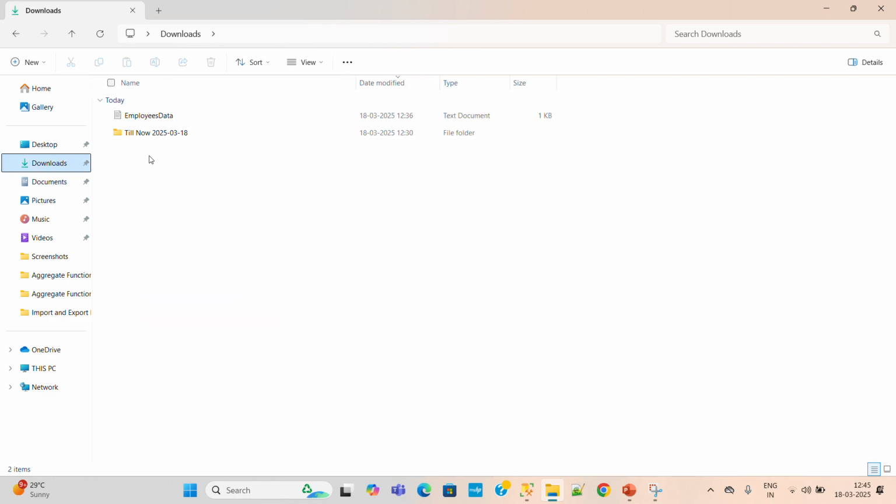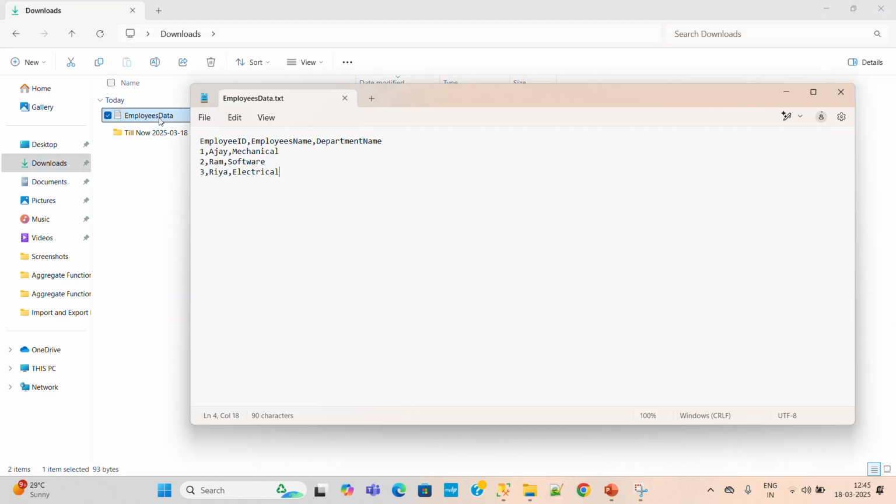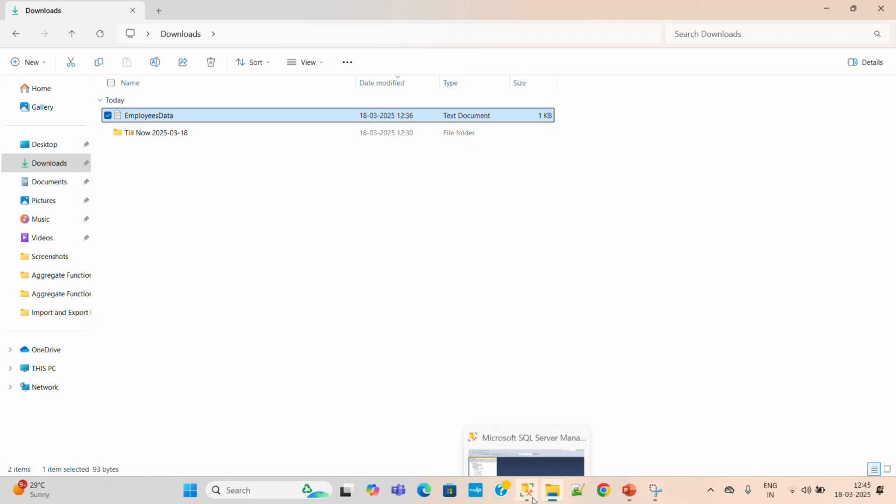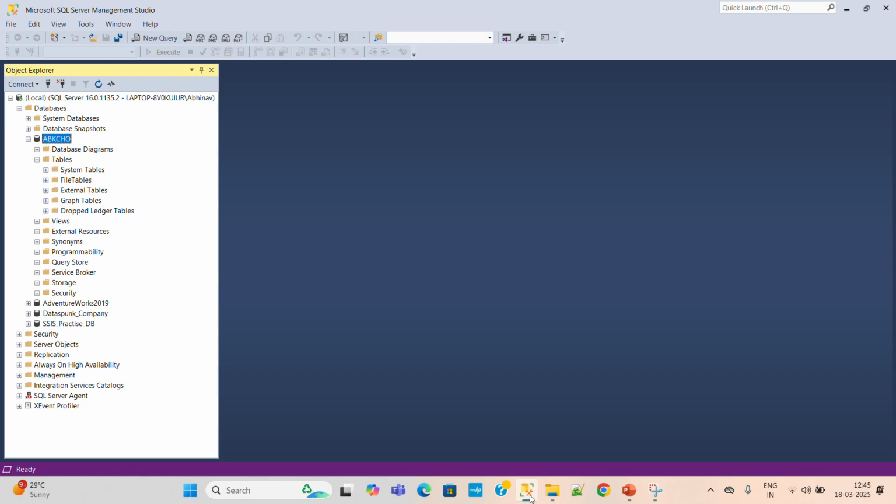We have one flat file with us, which is employee data. This is a text file. We have some employee data here, like employee ID, employee name, and department name, and I have also mentioned a few of the records. This particular data we will load into our database using the SQL Server